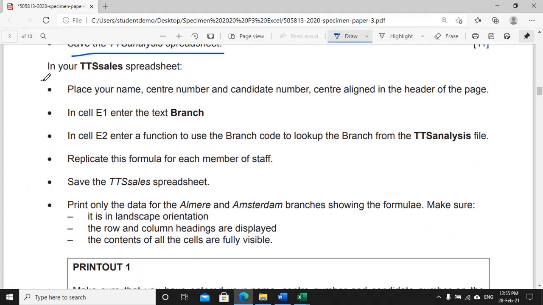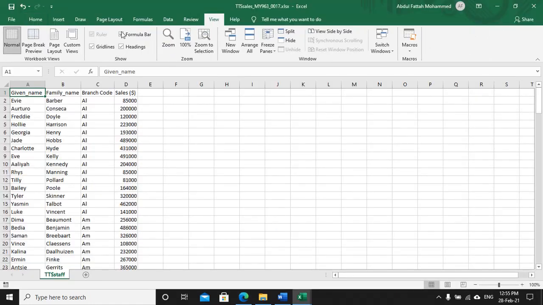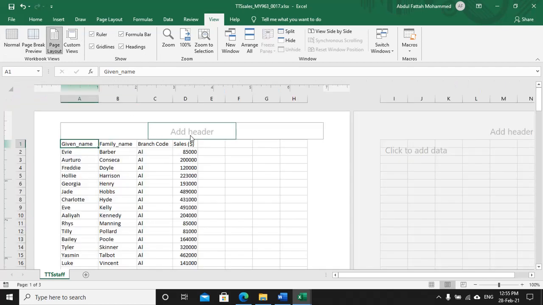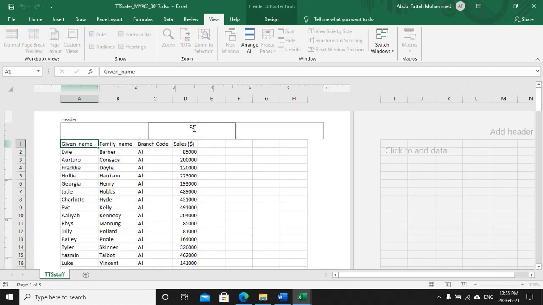Okay, now let's move to the second file, which is the sales spreadsheet. Place your name, center number, and candidate number center aligned in the header. From the View tab, click Page Layout. In the header center, put your name,